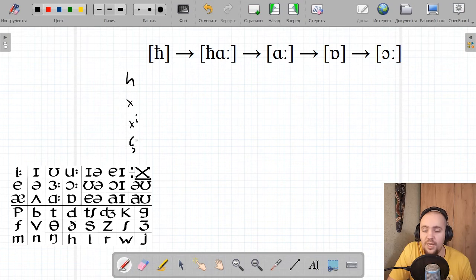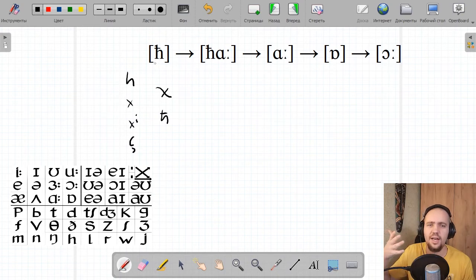Also, there's this one, and none of these exist in the English language, just this one. And also, there's this one, which is here. What is this? This exists in Arabic, I guess, and Farsi, and I guess in a number of other languages. So this one, it's the sound